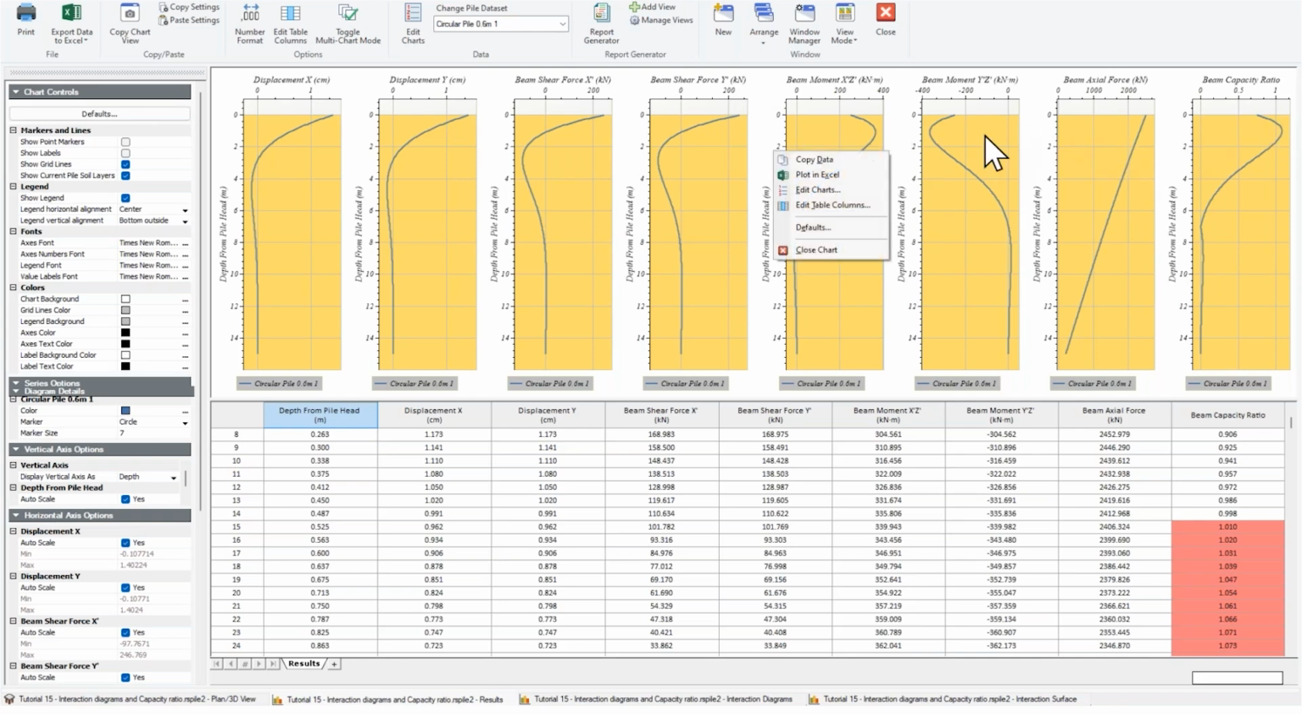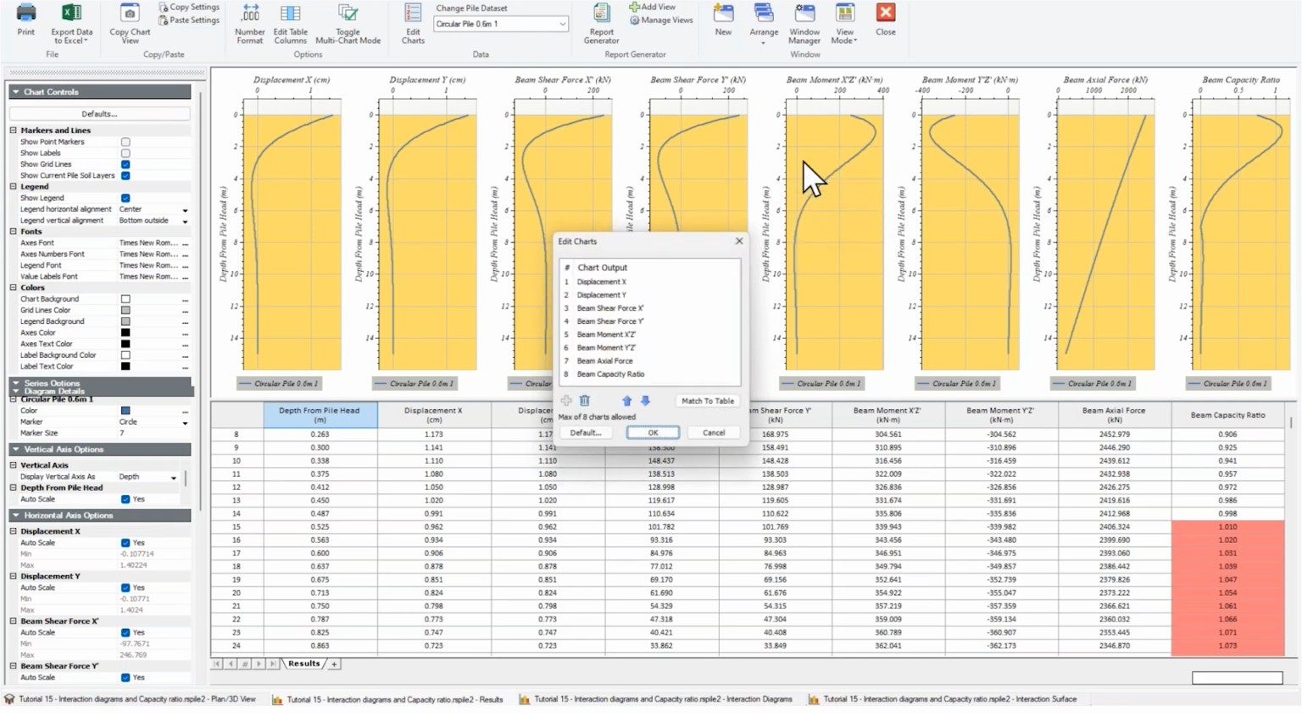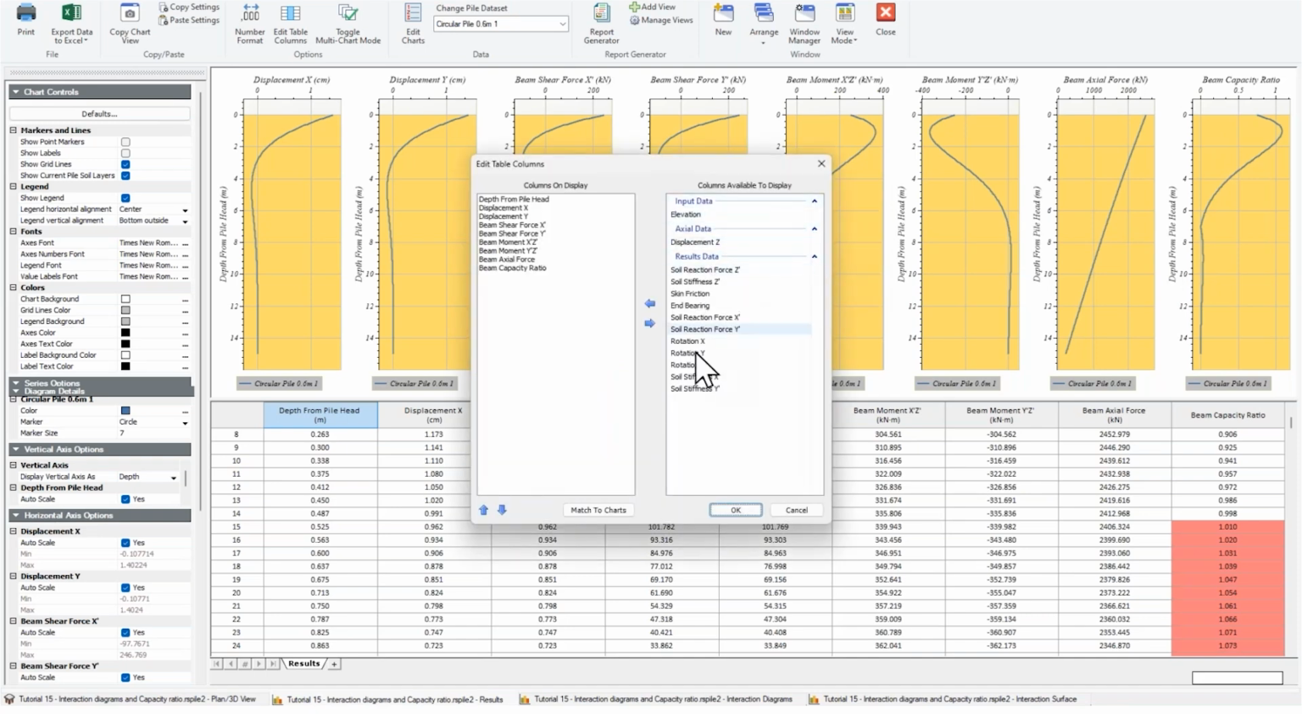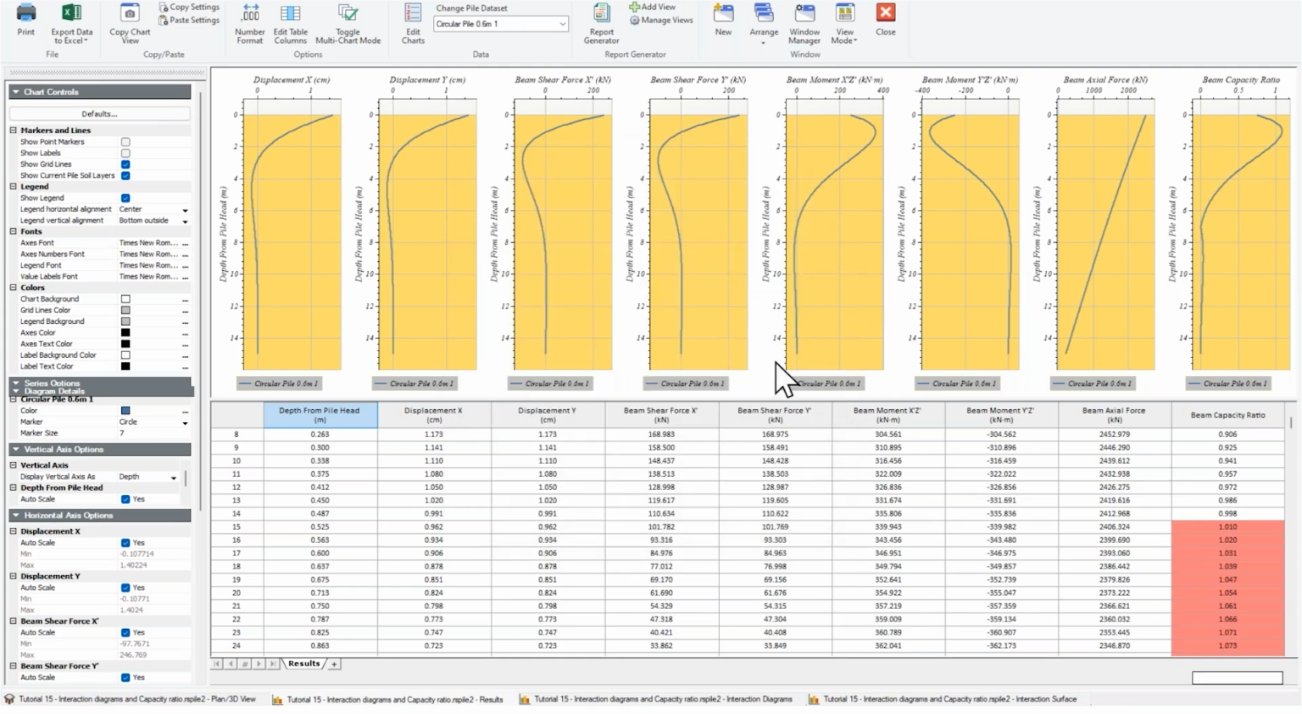You can change these figures because we have a lot of figures that you can use. And you can also change the table. You can add all these to your results and take them back, and you can match the tables with the graphs. Anyway, at the end, you will see red cells for the capacity ratio that shows you have sections within the pile length that are exceeding the capacity in the factored